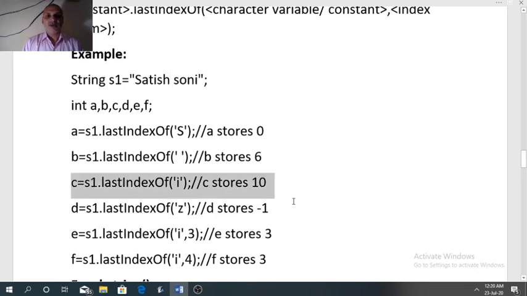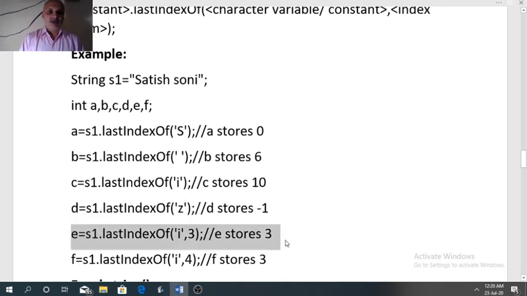Now index of I. So I will be searched from right to left. So first time itself it will find I. So the index of the last I will be 10 here. Now the last index of Z. Z is not present, that is why -1. E stores the last index of I starting from index 3.